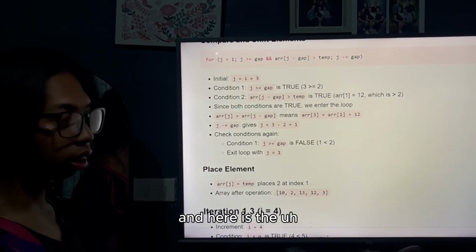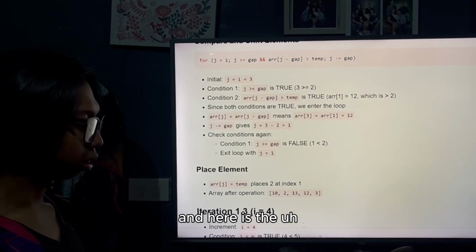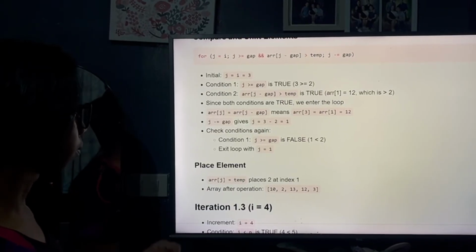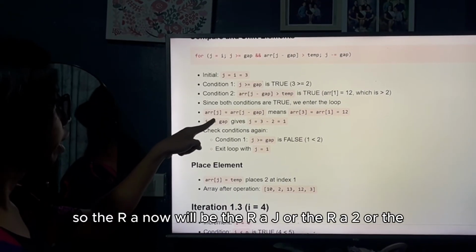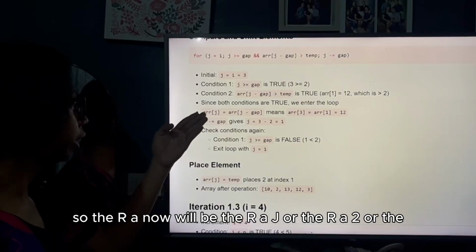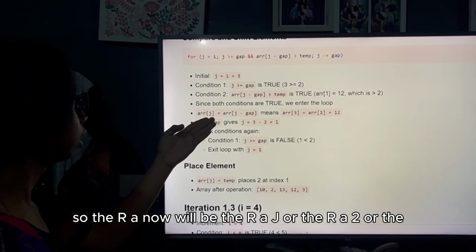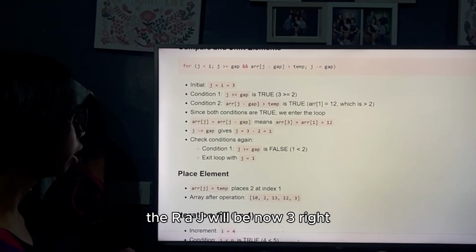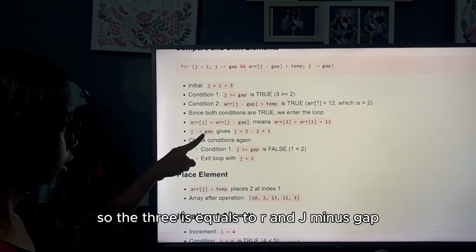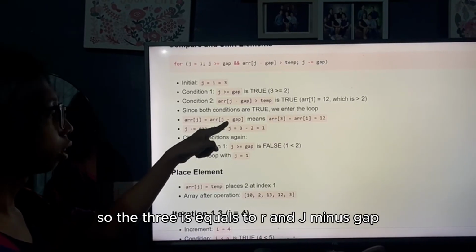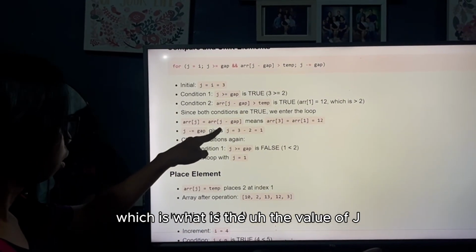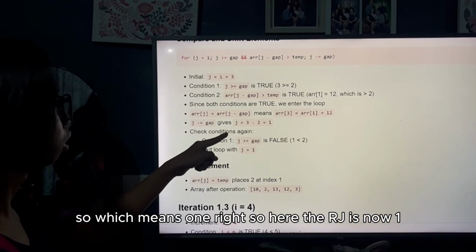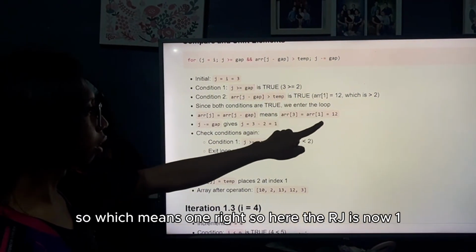And here the swapping happens. So arr[3] will be equal to arr[j - gap], where the value of j is 3, minus the gap, which is 2, which means 1, right?